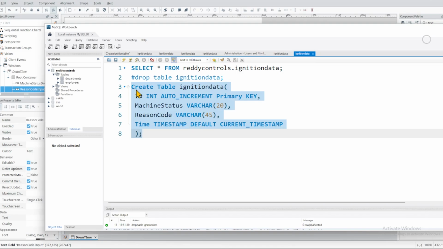We'll go ahead and go to MySQL Workbench and run this query to create a table called Ignition data, which has an ID column, which is an auto increment integer data type, and it's a primary key, and we have a machine status, and this machine status is nothing but the drop down status from Ignition